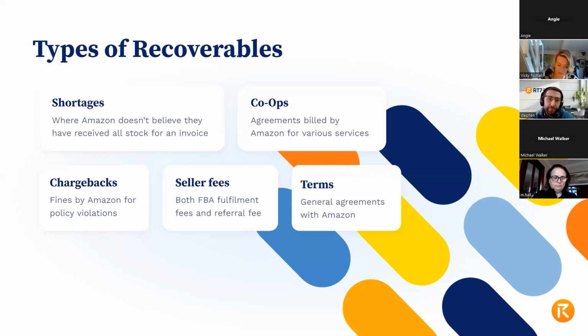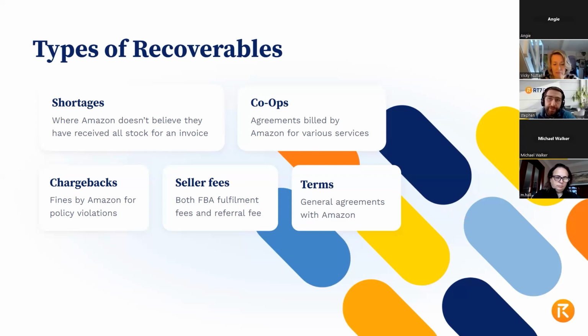So, for example, when we were just talking about that stock discrepancy piece of the shortages, when it's classed as being under in terms of the units, not only do they not pay you for them, they fine you for being wrong in terms of what you shipped in. So if you're able to overturn your shortage, you're also able to overturn your chargeback because they shouldn't have fined you for something that you weren't non-compliant on. Again, chargebacks have a very short dispute window, and I'll go a bit more into that further into the presentation.